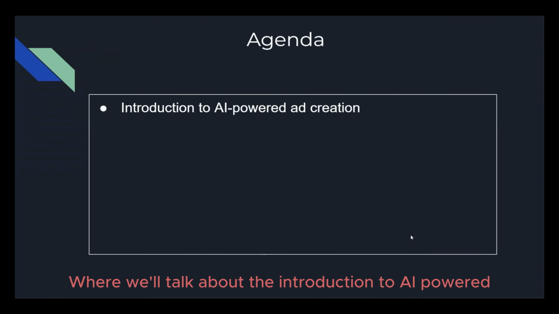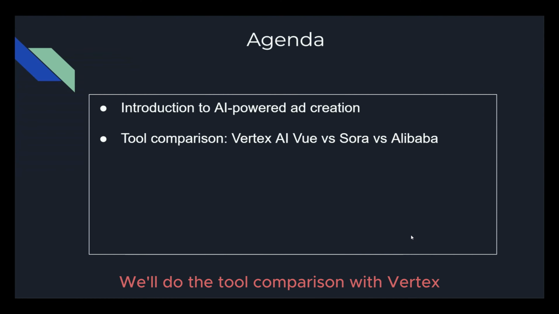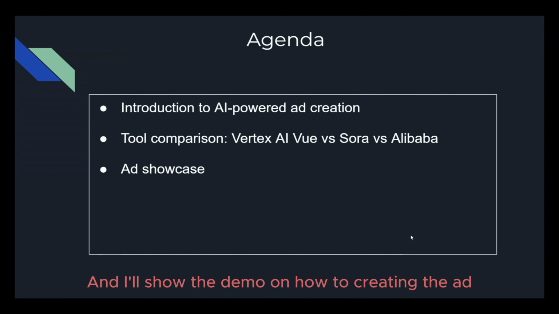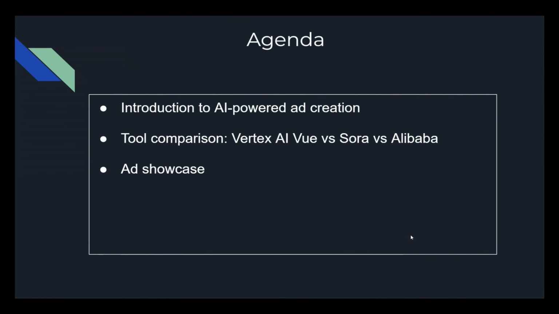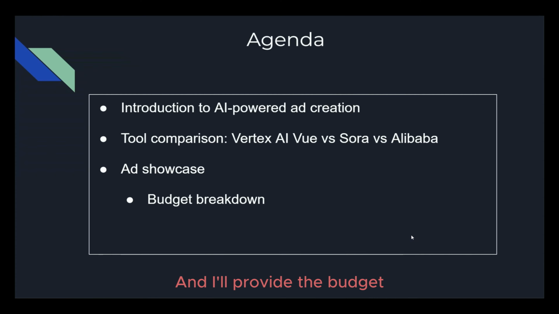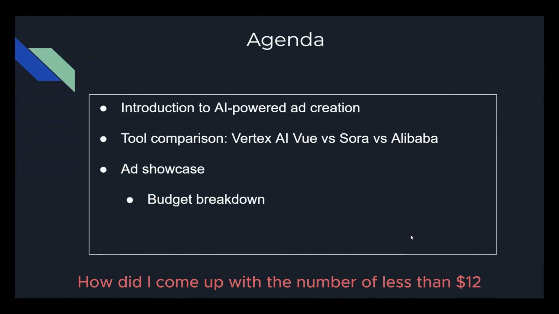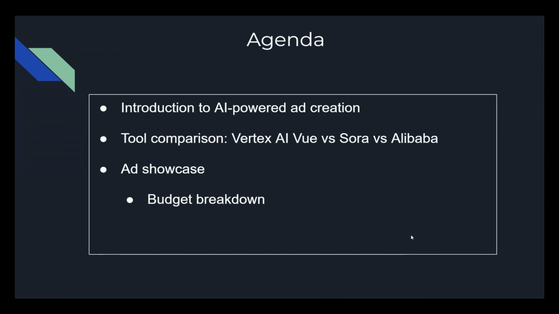This is the agenda where we'll talk about the introduction to AI-powered ads. We'll do the tool comparison with Vertex AI, Sora, and Alibaba. And I'll show the demo on creating the ad. And I'll provide the budget: how I came up with the number of less than $12 for coming up with a 24 to 30